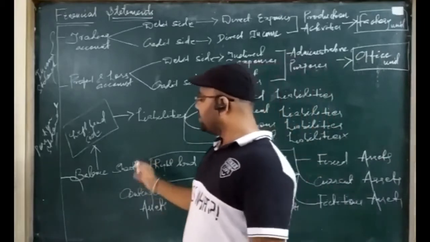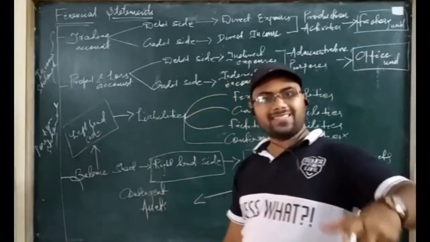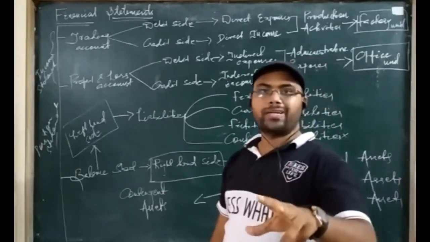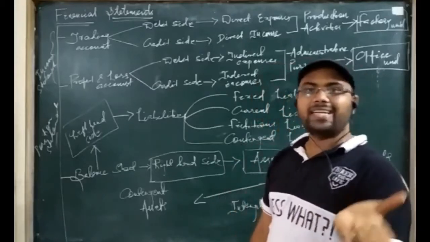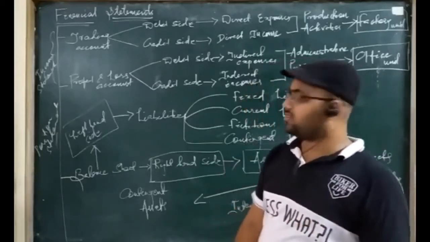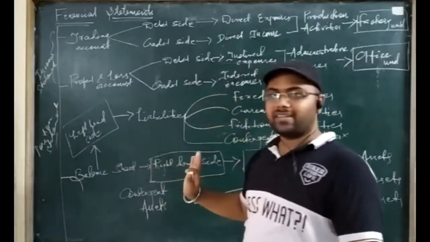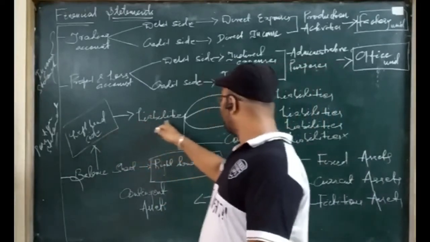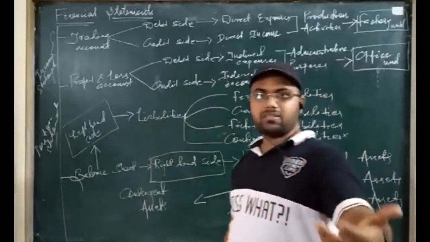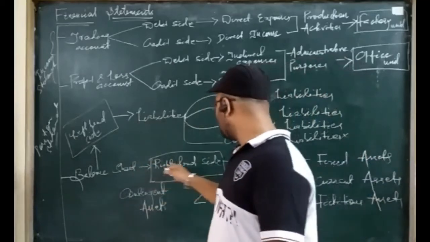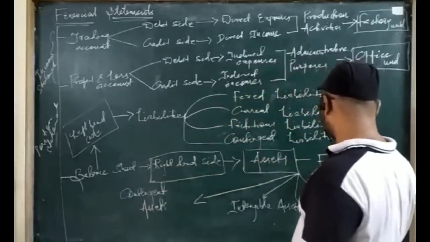Under the balance sheet, since it is always a position statement and by nature it is a statement, not an account, it does not have any debit side or credit side. It has two sides which we can say LHS or RHS, that is left hand side or right hand side. In the left hand side, we record different types of liabilities, which we have discussed in the format part, and in the right hand side we record the different types of assets that we have also discussed.